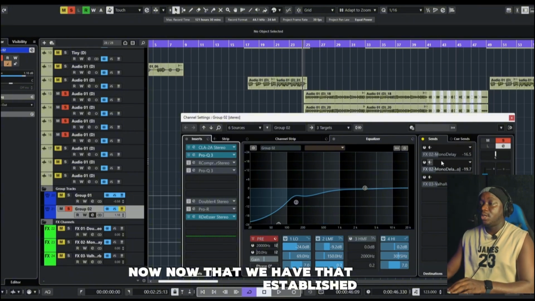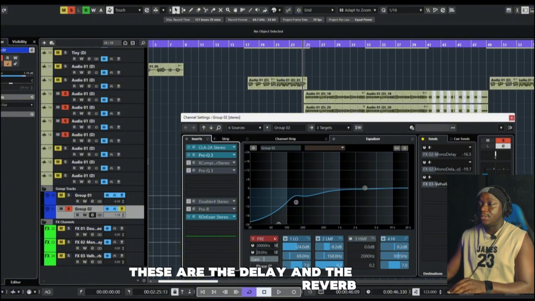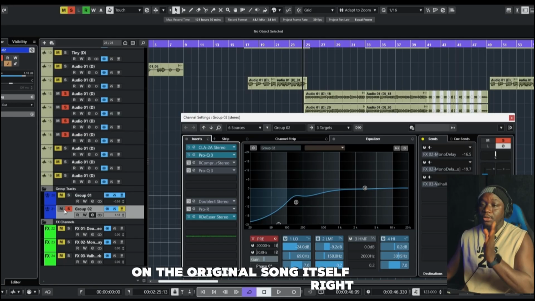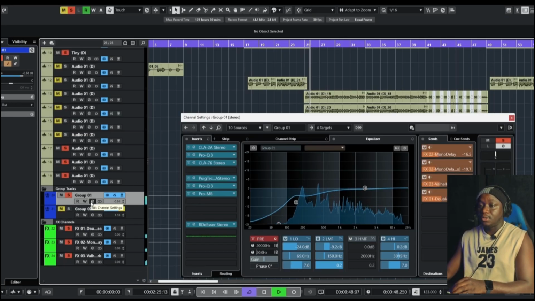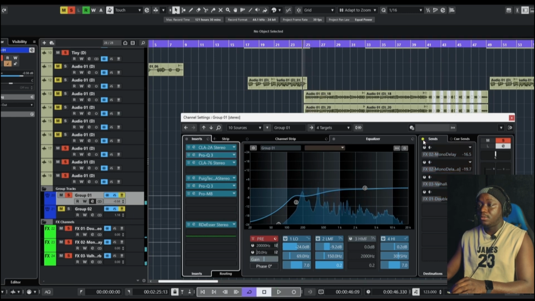Now that we have that established, these are the delay and the reverb on the original song itself, right? So the lead of the song, which is, so this is the,